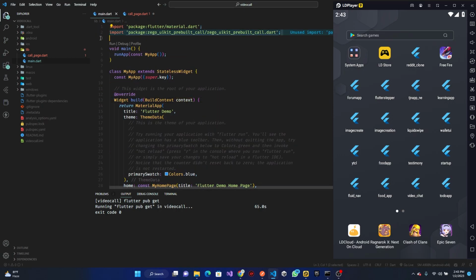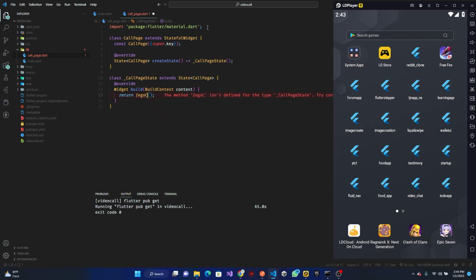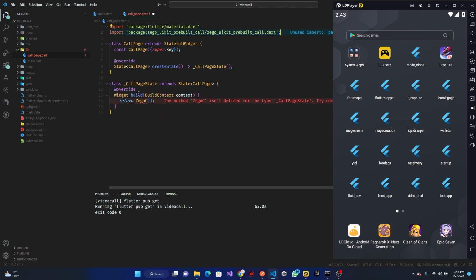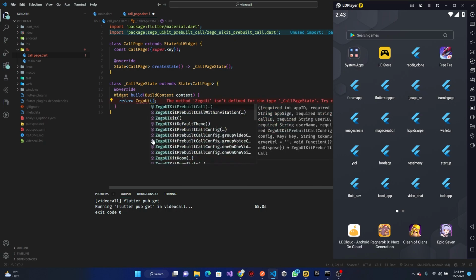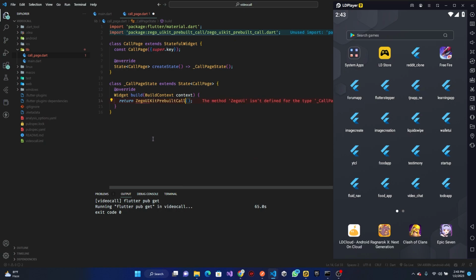So I'm going to copy this, head back over here and paste it here. Once this is there, what we can do is copy the ZEGO UI Kit prebuilt call. This is going to accept parameters. So you're going to first accept app ID. So app ID is